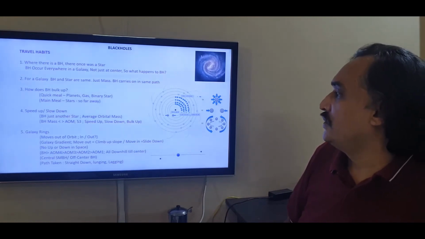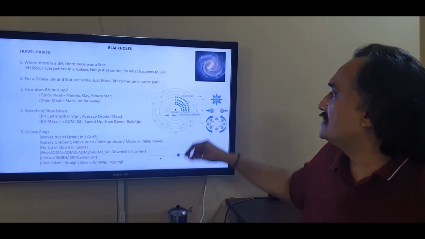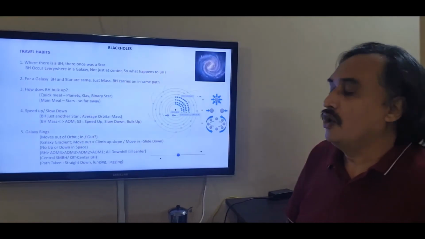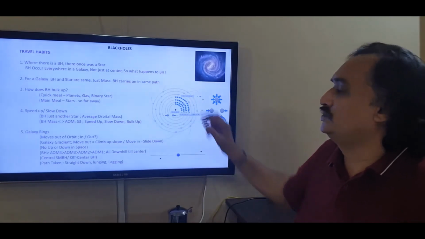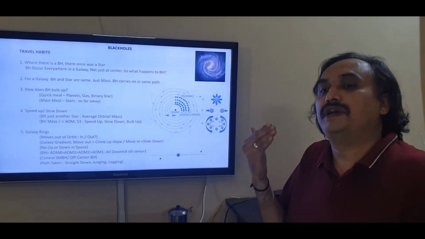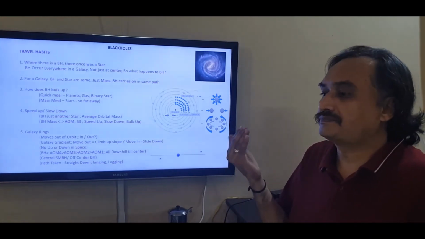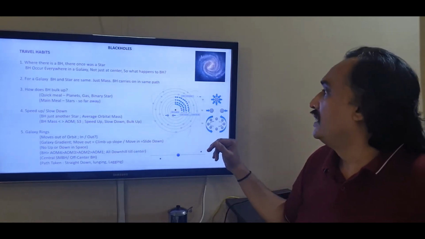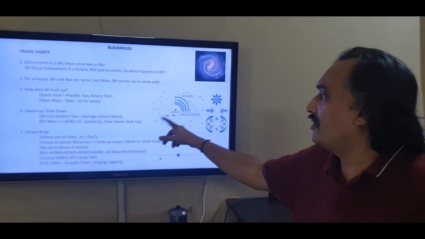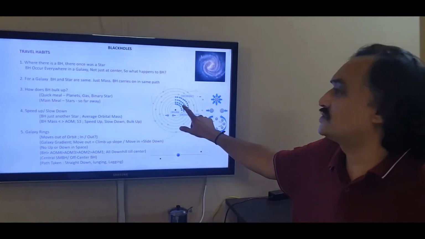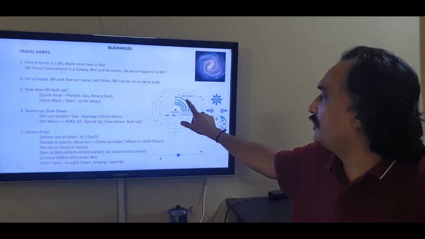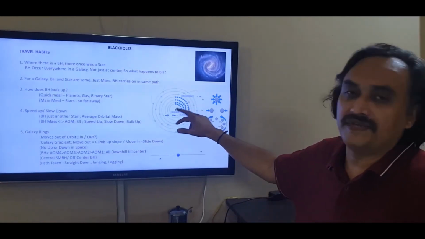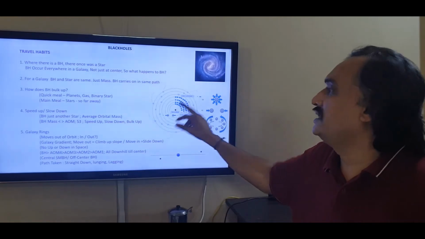Now what happens when it is moving towards the center? Let us assume the black hole that we are considering was in the 4th orbit, that has moved to the 3rd orbit. Obviously, when it moved from 4th to 3rd, the average orbital mass was more than the black hole, less than the black hole mass. That is why it moved down. When it could not survive the 4th orbit, it will not survive even the 3rd orbit, the next orbit. And if the same thing happens to the 3rd orbit also, in the same way it keeps sliding down. Once it moves out of this orbit, it is downhill all the way till it reaches the supermassive black hole